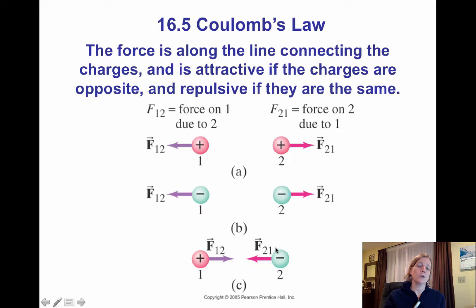The force on particle 2 due to particle 1 is towards particle 1, so it is to the left. All right, I'm going to give you a little flash forward. If we had to add up these forces, for instance, they're all in a line, so if you go back and consider how to add forces, if they're on a line, they can be added or subtracted. So we'd have to choose a positive direction. Let's say positive was to the right, and then as we added these up, this would be a positive value